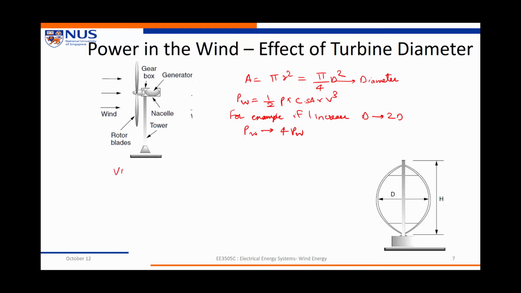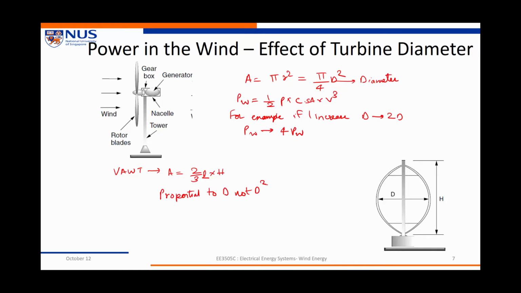Similarly, for a vertical axis wind turbine, if you look at this picture here, we notice that the cross-sectional area A is nearly equal to 2/3 times the diameter times H. Here, for a vertical axis wind turbine, you will notice that the increase in power is proportional to just D